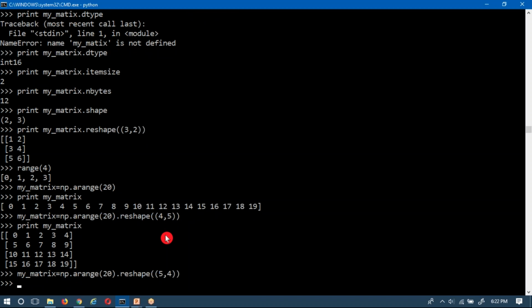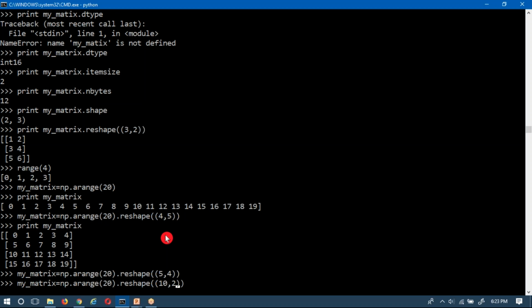20 is not divisible by 6, so no possibility. 7, no, 20 is not divisible by 7. 8, no. 9, no. 10, yes, with 10 it is possible. If you divide 20 by 10, you get 2 as your quotient.